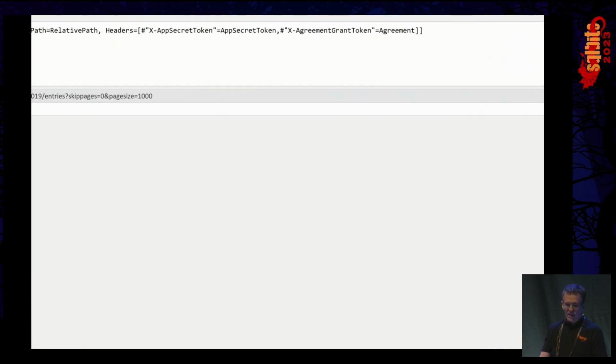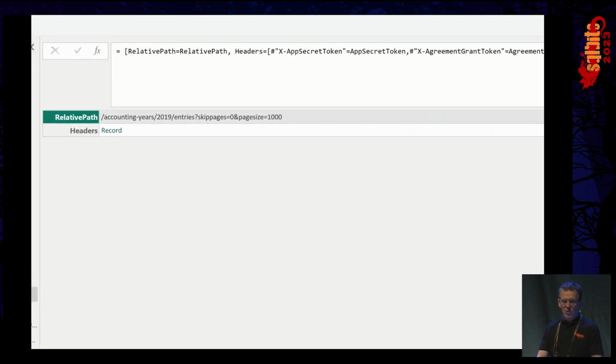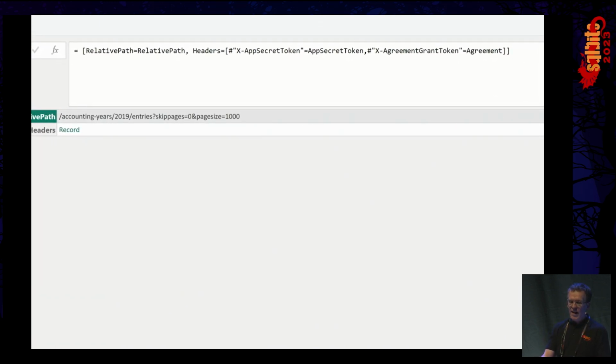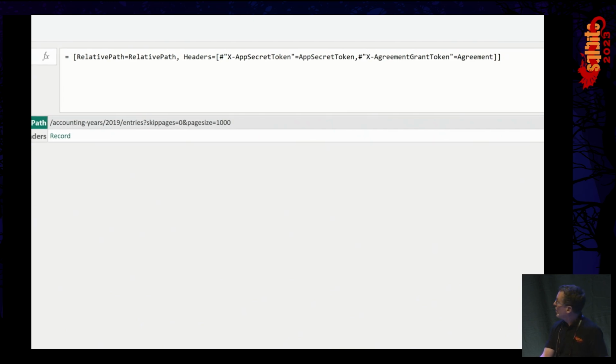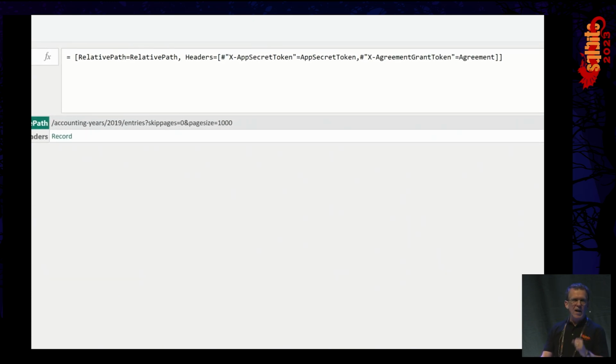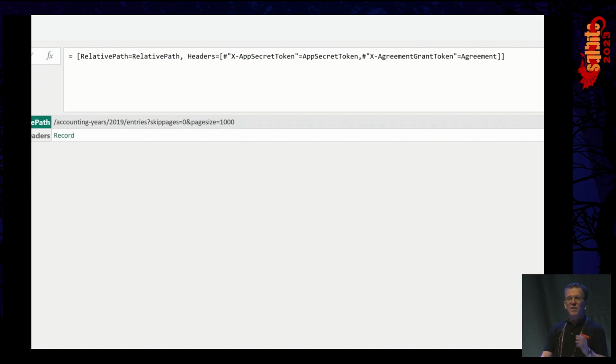Now, the last thing is actually to combine all of this in a record statement. And notice that I have square brackets around. This is how you construct a record. Now, the relative path, that's how Power Query needs to know the name of the